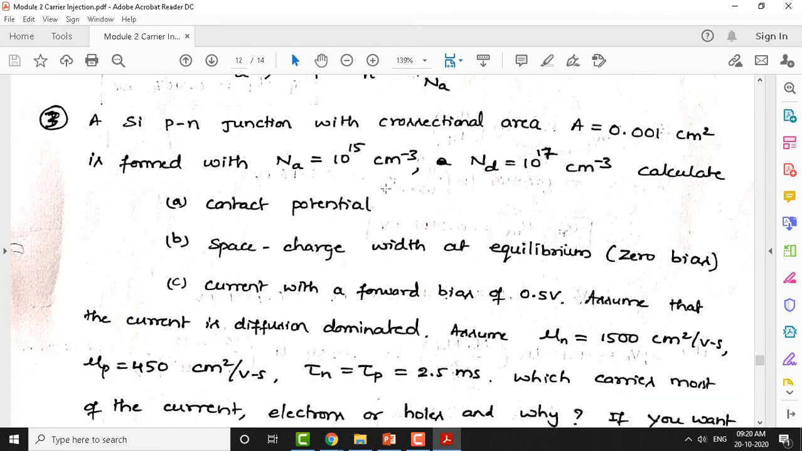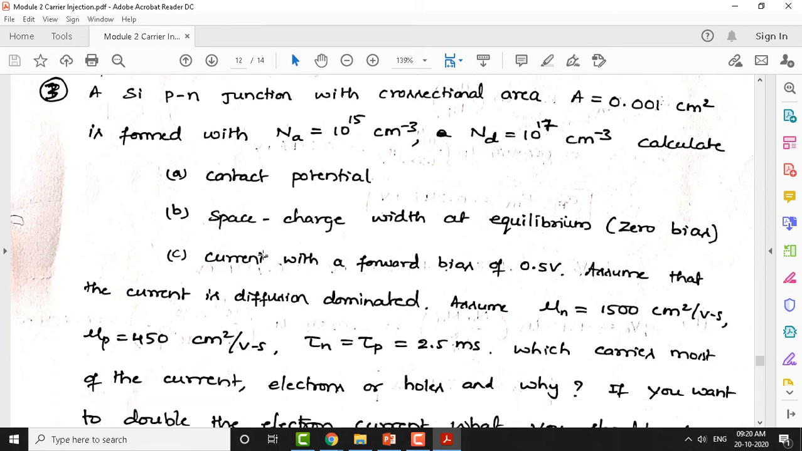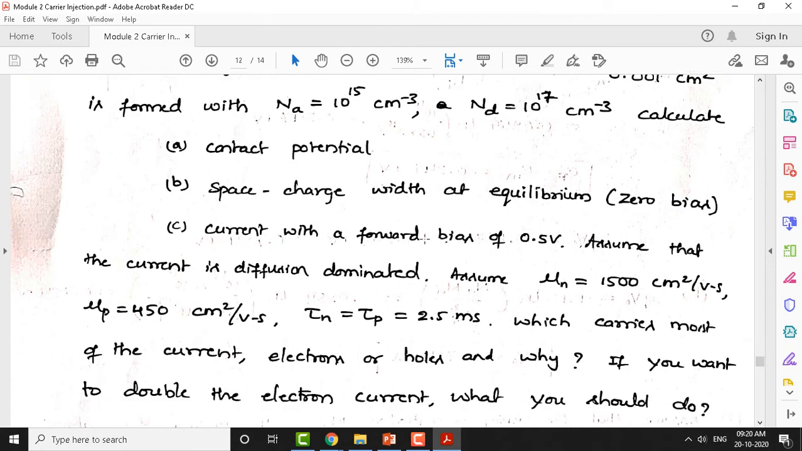Next is a silicon PN junction with a cross-sectional area given as A equals 0.001 centimeter square, formed with Na equals 10 to the power of 15 per centimeter cube and Nd equals 10 to the power of 17 per centimeter cube. Calculate the contact potential, space charge width at equilibrium, and current with a forward bias of 0.5 volts. Assume that the current is diffusion dominated. Diffusion dominated means it is forward bias. Assume mu n is 1500 centimeter square per volt second, mu p is 450 centimeter square per volt second, tau n and tau p